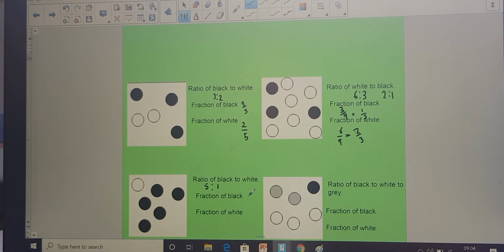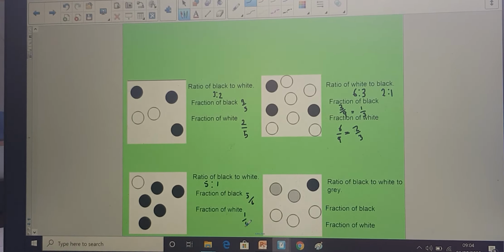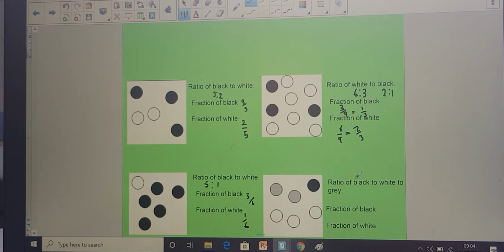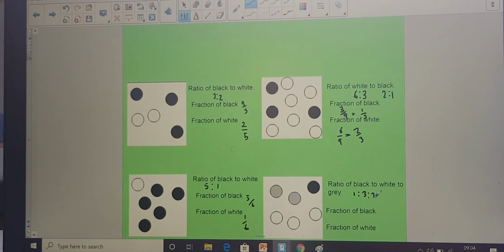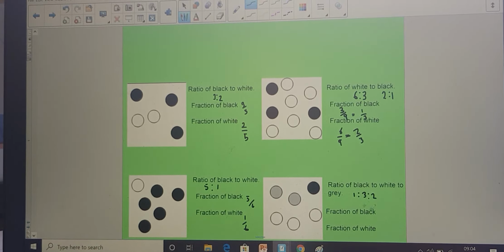The fraction of black is 5/6. The fraction of white is 1/6. The ratio of black to white to grey, black is 1, to white is 3, to grey is 2. The fraction of black is